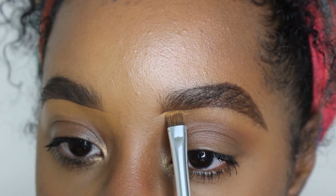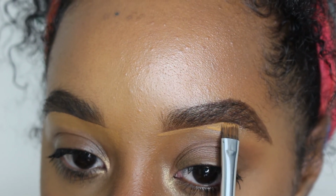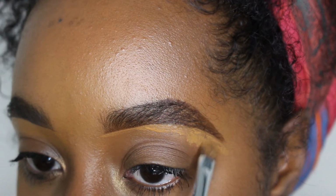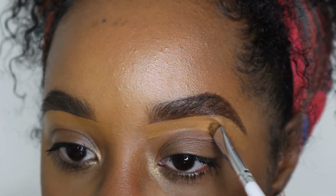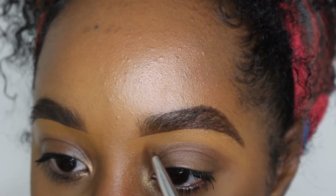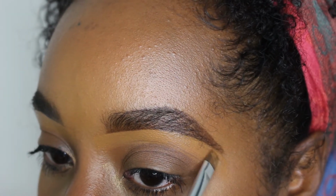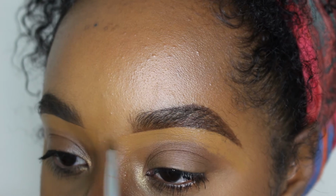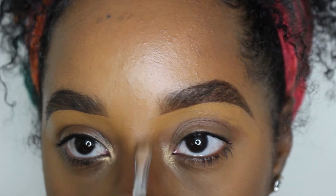I'm just going to repeat that same technique on the other side. Whatever product is left over on my brush, I'm going to use that to clean in between my brows, keeping everything nice and neat. That way, if I'm adding foundation second, for instance, I'm not going to cut off the front of my brow by using a tool that's too big in this area, like a sponge or a domed